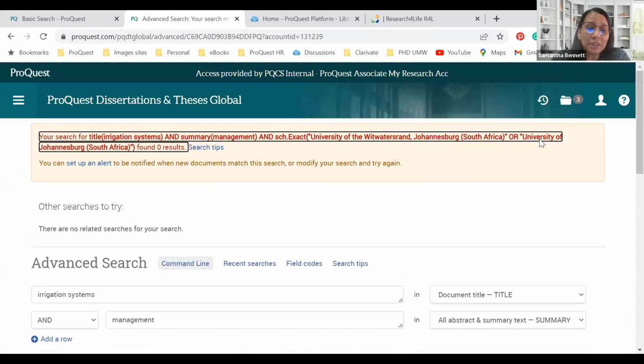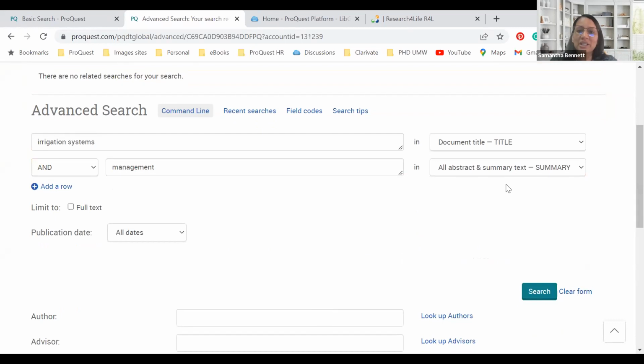Sometimes, and I do this on purpose so that you can see, because we have been playing around with basic searches, and with our basic search, we sort of know what we are looking for, what it is that we would like to find, and we found 3 exact results on the University of Johannesburg. But sometimes we as researchers are overly happy or overly confident that we will find information on the platform, but then it doesn't offer what we were looking for.